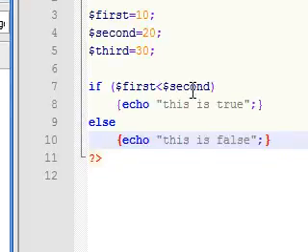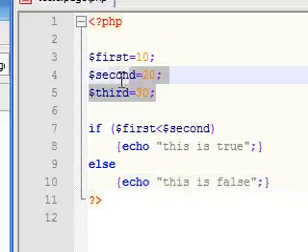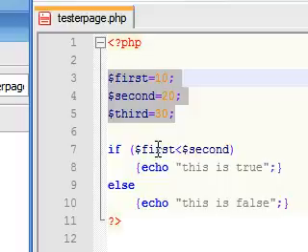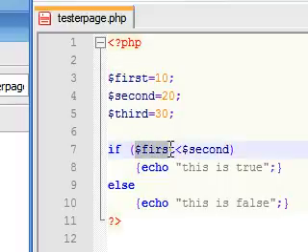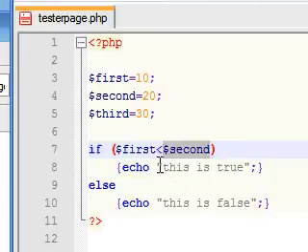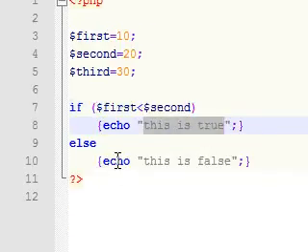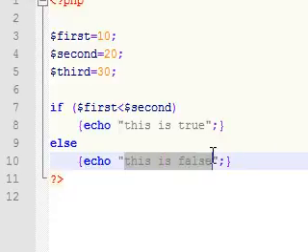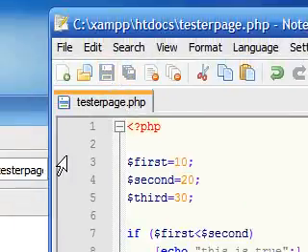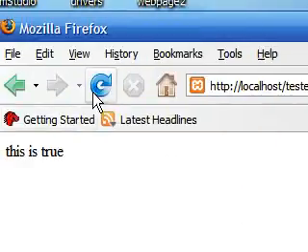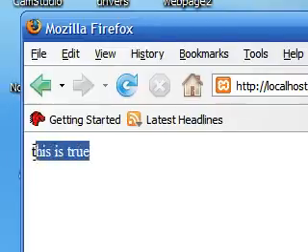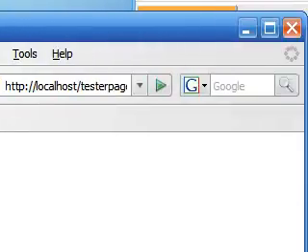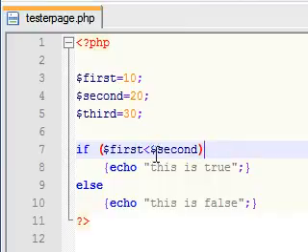So again, what we're telling PHP is: we've got all these variables. If the first variable, which is 10, is less than the second variable, which is 20, we want you to spit out "this is true". If it's not, we want you to spit out "this is false". So as you see, if we save this and refresh, it writes "this is true", since our condition was true. But what if we had the third,